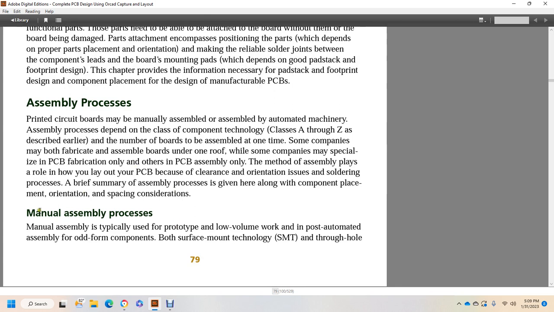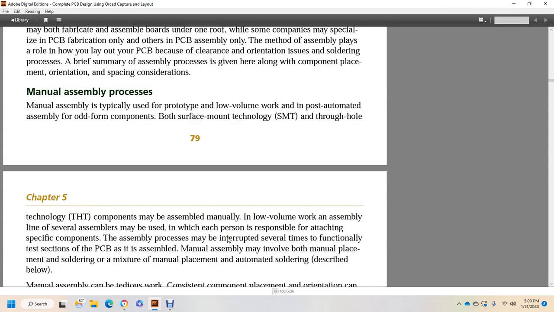Manual assembly process. Manual assembly is typically used for prototype and low volume work, as opposed to automated assembly, with odd form components of both surface mount technology and through-hole technique components assembled manually. In low volume work with an assembly line, assemblers may be used in which each person attaches specific components of the assembly, and the process is interrupted several times for a functional test of the section of the PCB as it is assembled. Manual assembly may involve both manual placement and soldering, or manual placement